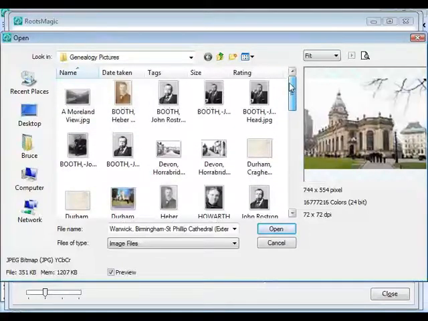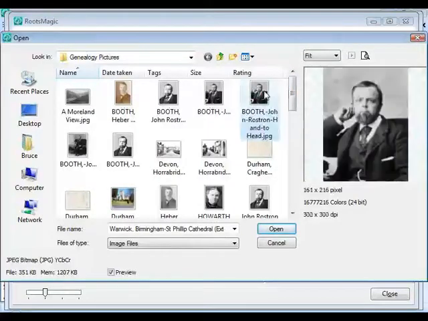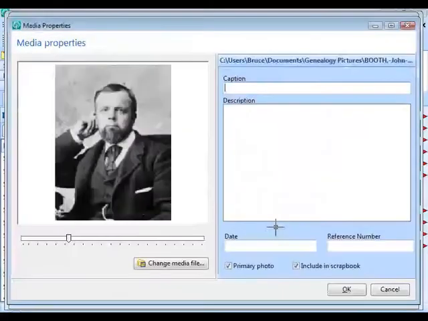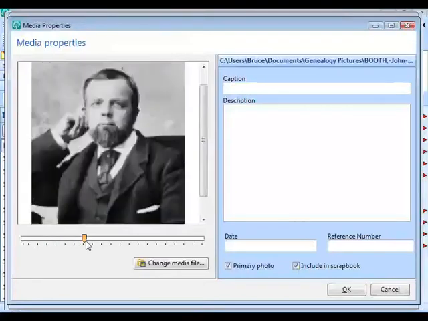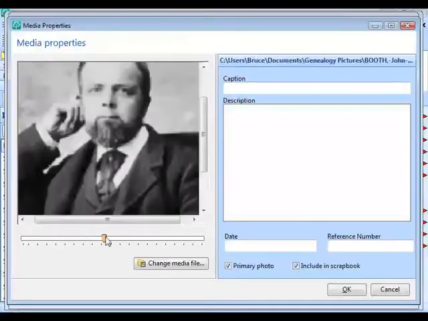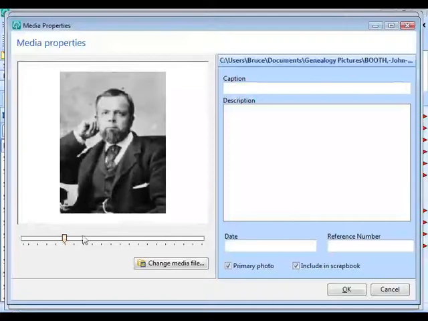And RootsMagic is going to open up the media properties for this particular picture. It's going to show me a copy of this picture where I can zoom in to see it at a better resolution if I want. And then I can add additional information about that. So I can put, you know, John Booth at age